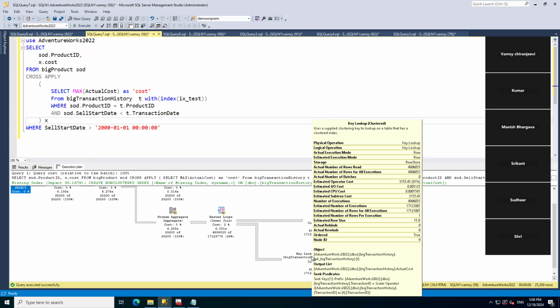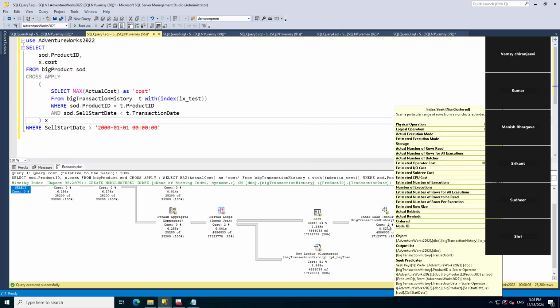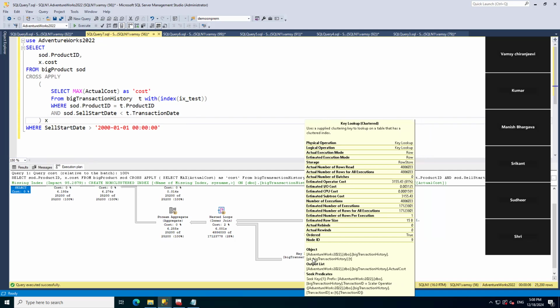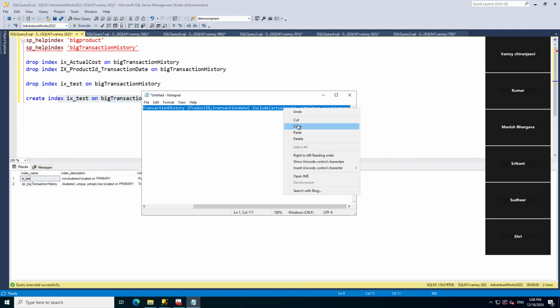If you see the actual cost, just go to the output list in that execution plan. Whatever columns are appearing in the output list, for those columns SQL has to go to the clustered index and get that information from the base table. So here it is actual cost that is missing. That is the reason SQL Server has to make use of the clustered index to get this information. So seek followed by key lookup means seek is happening on those two columns, and key lookup is nothing but our clustered index. So it went to the base table and pulled out this actual cost information. If I add that as part of the index definition, then you will not see that